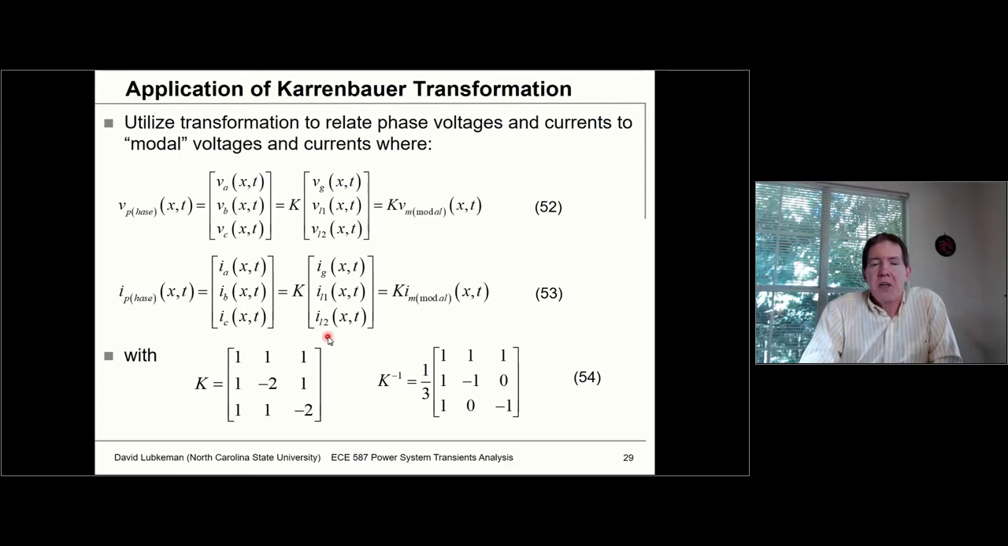But basically, what this does is this is going to relate phase ABC voltages to what we call these modal voltages. And this is going to be related by this Karrenbauer transformation given by K. This is going to be a 3 by 3 matrix where this is the form of K, and this is the form of the inverse of K. You could write a similar relationship for current, and once we've got this transformation defined, then what we could do